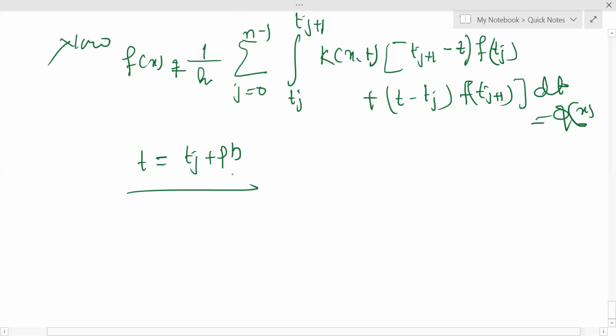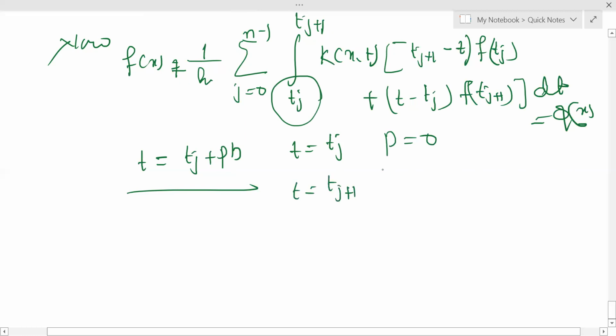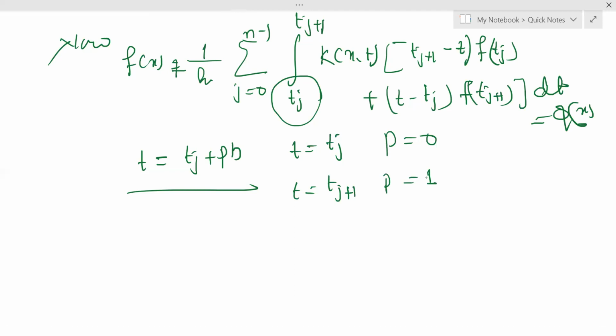And t is equal to t_{j+1}, then the value of p becomes 1 आ जाएगा. So now we substitute this value, यहाँ पे डाल देते हैं,